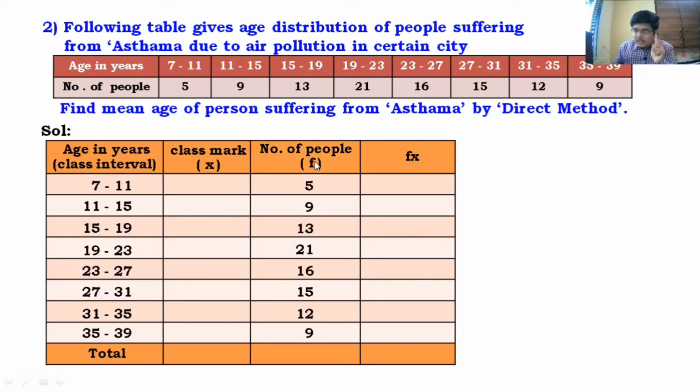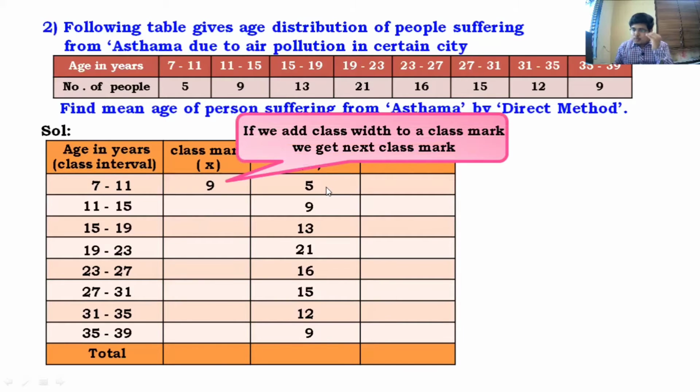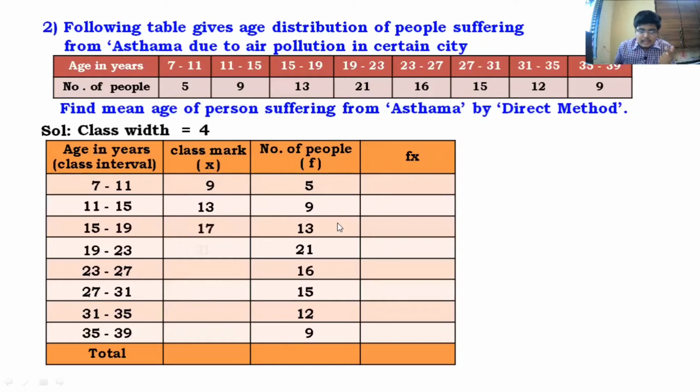Coming to class marks, 7 to 11. The middlemost value in 7 to 11 is 9. Now here the formula is 7 plus 11 upon 2. You have to take the average, which will turn out to be 9. So by logic, we can clearly see 7 to 11 is simply 9. The middlemost value is 9. Now there's one more trick to find all the class marks. The trick is, see, 7 to 11, the class width is of 4 units. So what you have to do is you just have to keep adding 4 and you keep getting the next class mark. So 9 plus 4, you'll get 13. Then you take 17, 21, 25, 29, 33 and 37. Just keep on adding the class width.